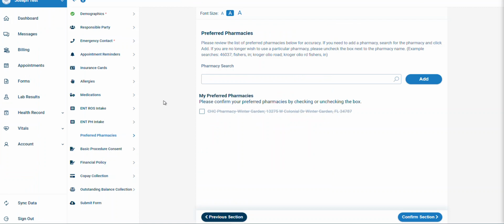For patients that are connected to the My Medical Locker, if your practice does have intakes, you can request for the patient to, on the intake, enter their preferred pharmacy. So in this example, the patient does have an intake assigned to them, and if we click on the preferred pharmacies, the patient can do their own search